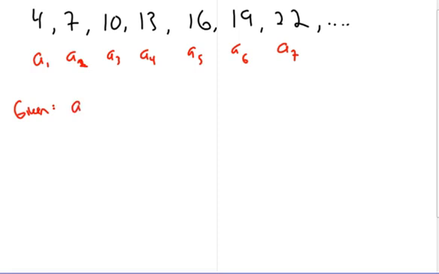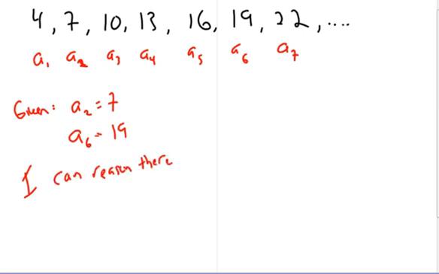So we have the advantage here that we can see a pretty big chunk of this sequence all in one shot. But we'll just pretend for a moment that most of this is hidden to our knowledge, except maybe that we're told that A sub 2 is equal to 7, and we were also told that A sub 6 was equal to 19. From that, I can write